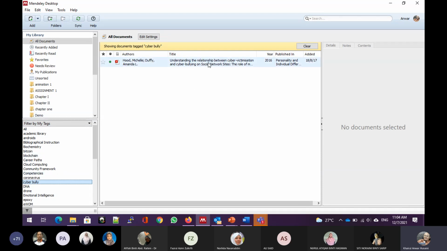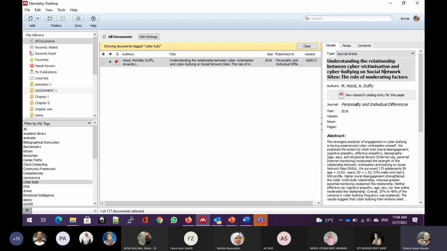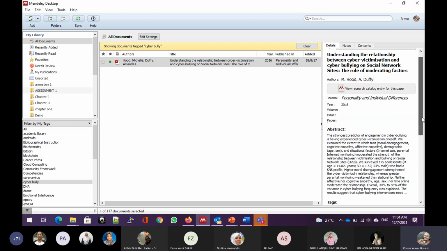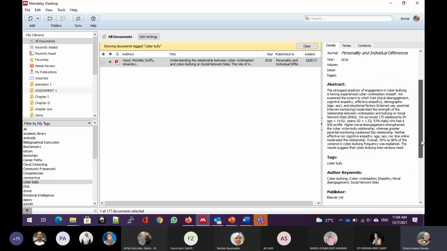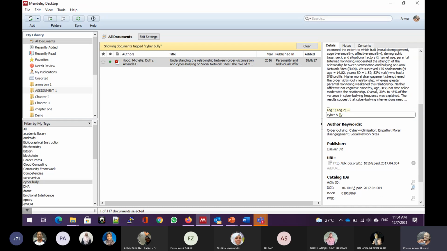cyberbully tag related. So if you click on this particular article, the selected paper, you can see all of this metadata. So this is the article title, the author, journals, you can find the years, and there is no information on the volume and issues and pages as well. So you can see this text, okay, you can put cyberbully here. So if you add another tag,